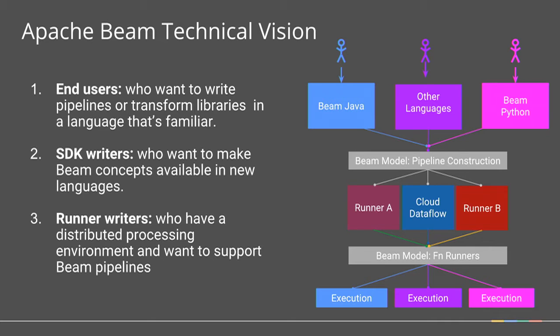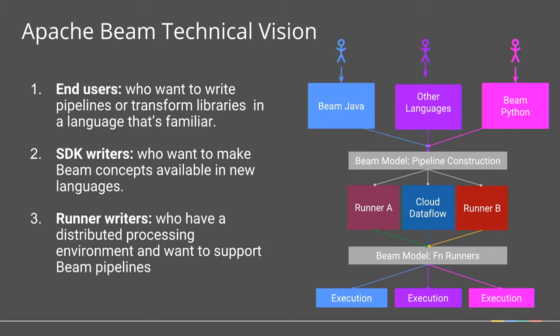We want to also help SDK writers. So a programming model is more than the language in which it's implemented, right? So we are contributing Java and Python, but we had requests for Scala, requests for Go, etc. So we cannot implement all of them. We don't have the expertise nor energy. But we are making it possible for other folks to come and plug into the worker harness, this PIM model pipeline construction level, and you just work on this level, and everything else falls into place.